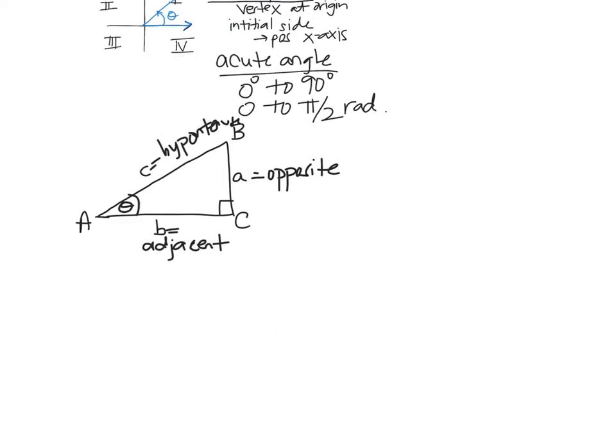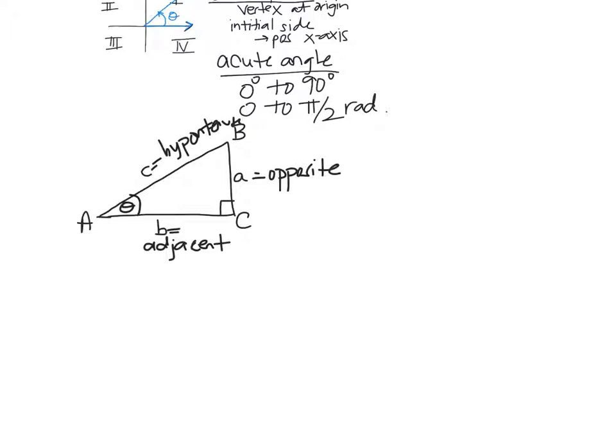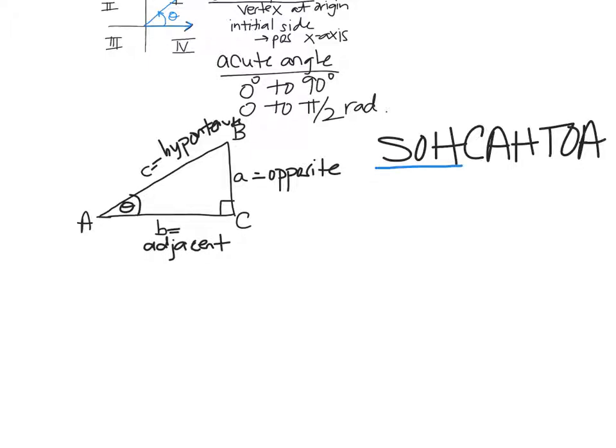Now, you learned this in geometry. We're going to find the sine, cosine, tangent of angle A. And you learned this as SOHCAHTOA, right? Maybe you don't remember what that stands for. But if we're going to find the sine of an angle, then we go to this first part, SOH. So let's go ahead and find the sine, and sine is abbreviated SIN. It's really written as sine, S-I-N-E, but we say